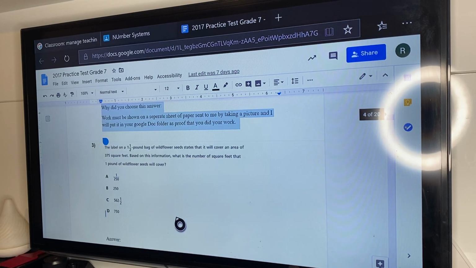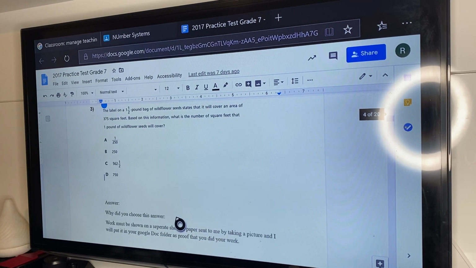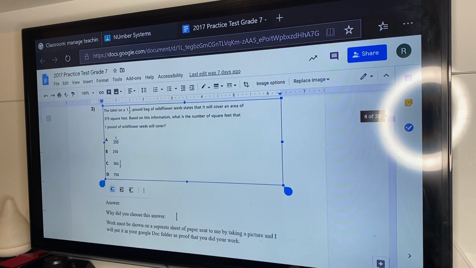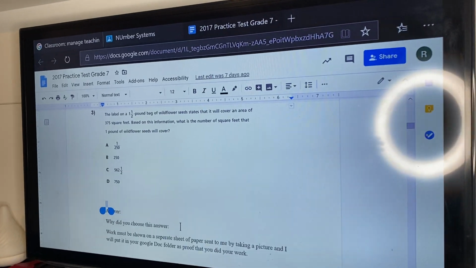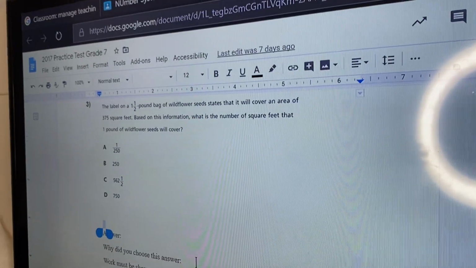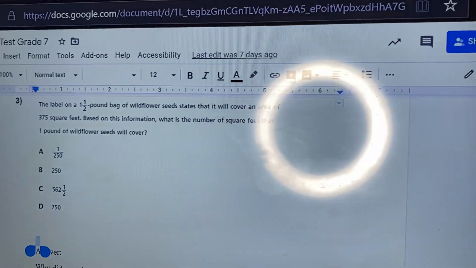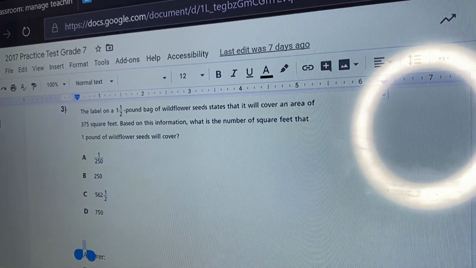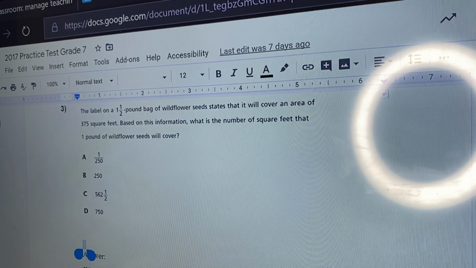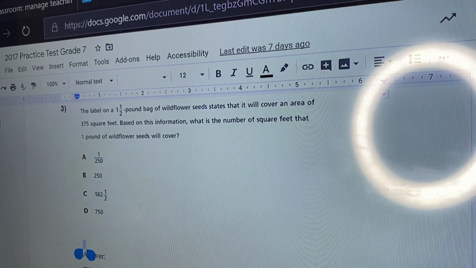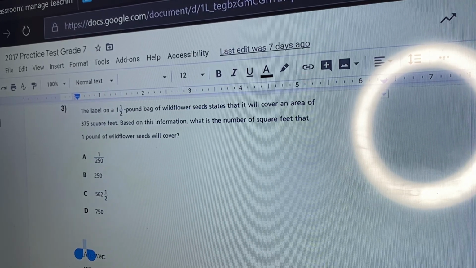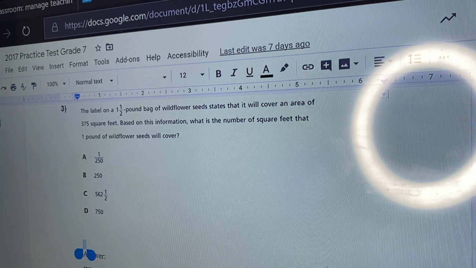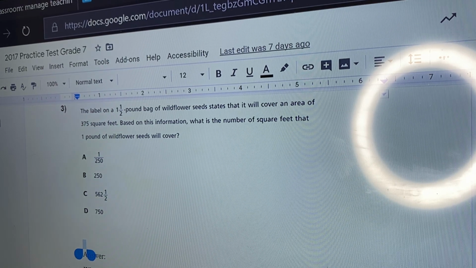So, looks like a probability question. Can you guys see this? All right, I'll bring it a little bit closer. Here we go. I know that's a little better for you guys. Right there. The label on a 1 1/2 pound bag of wildflower seeds states that it will cover an area of 375 feet. Based on this information, what is the number of square feet that 1 pound of flower seed will have? So again,